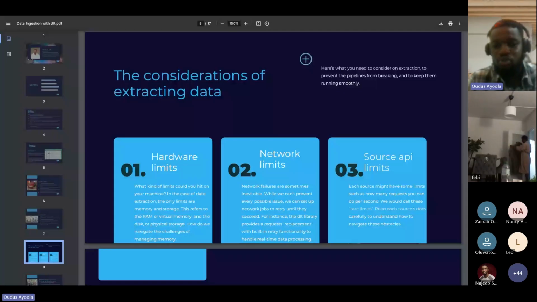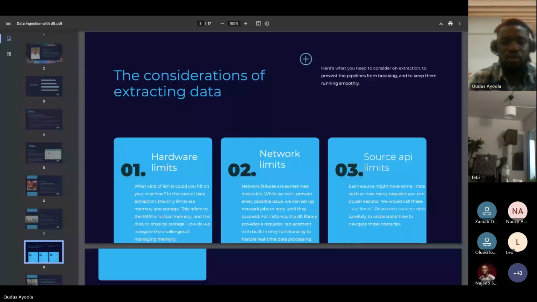So the other thing could be source API limitation, because usually different sources have their limits in terms of the amount of data you can fetch from the website at a particular point in time. So you might run into a request limit. This is like a rate limit. So basically, you can read through those.